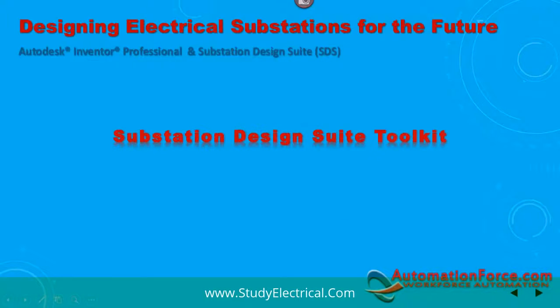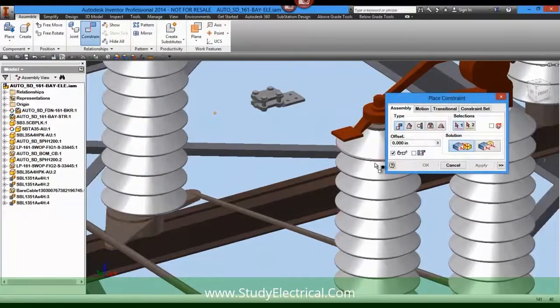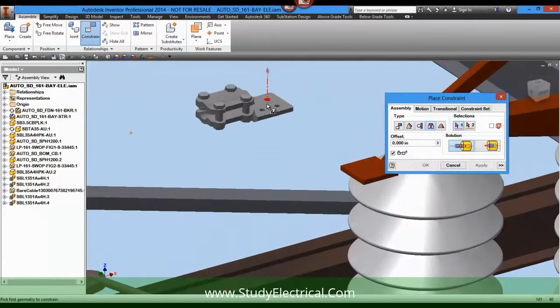I have 3 examples for the toolkit: cabling, conduit, and grounding. The toolkit does so much more than this, but for our time allowance here, I'm just going to show you those 3. Cabling. This is the way that we had to do our cabling in Inventor, which was better